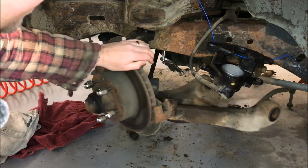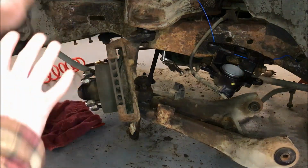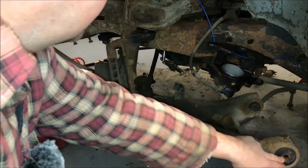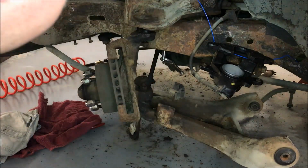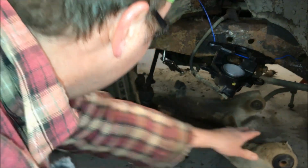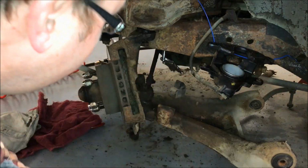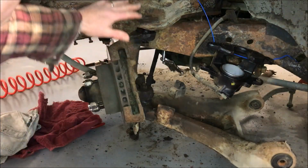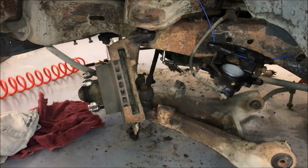So you can see I've already disassembled a lot of this. I know this isn't the right way to replace a ball joint, but I'm taking all this out of here. So I'm going to do new bushings here, upper control arm bushings, upper and lower ball joints, rotors, everything's coming out. So this is pretty much the last step here. This is the upper ball joint. We're going to use our new Amazon tool on it, and I'm going to take this whole steering knuckle and everything off and clean it up and replace everything on the bench,